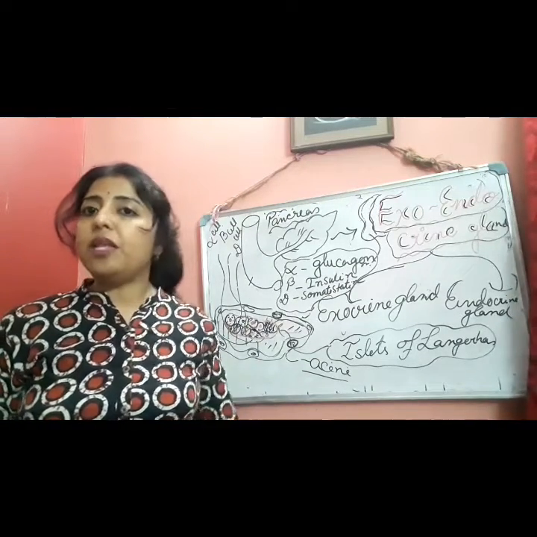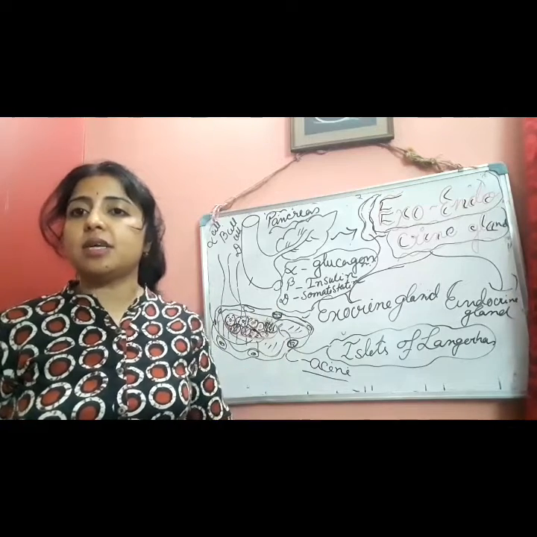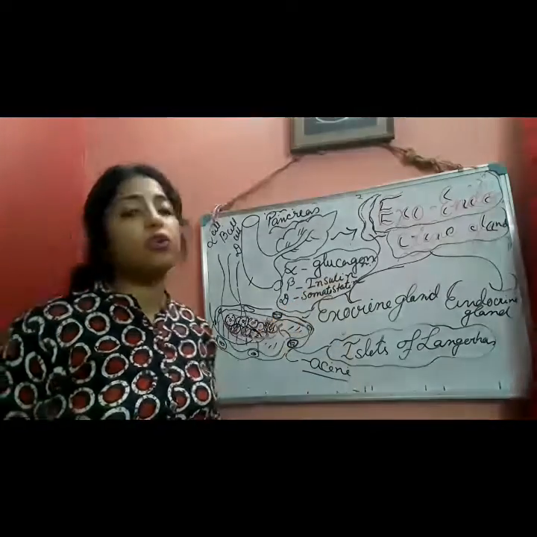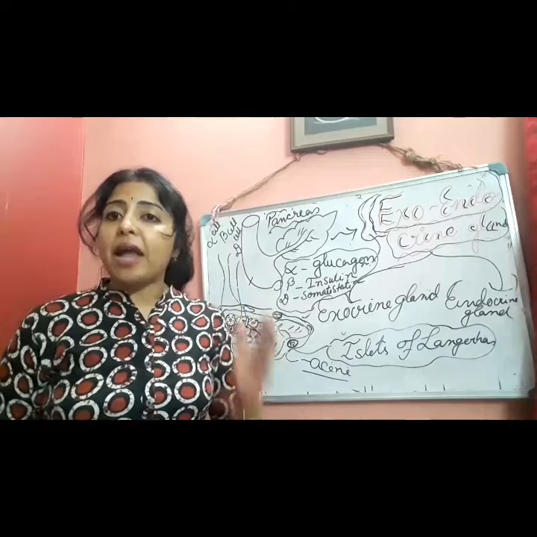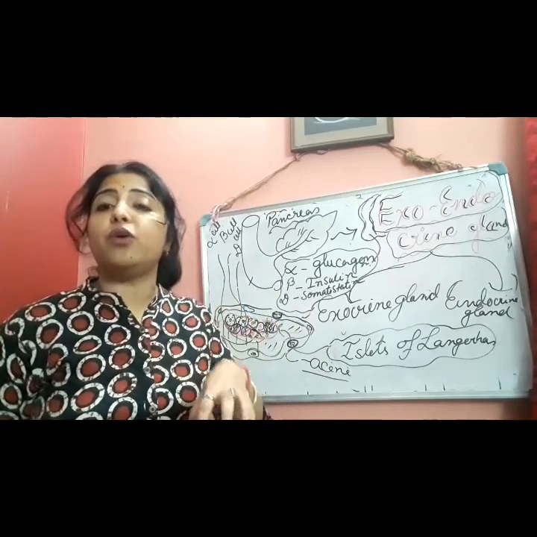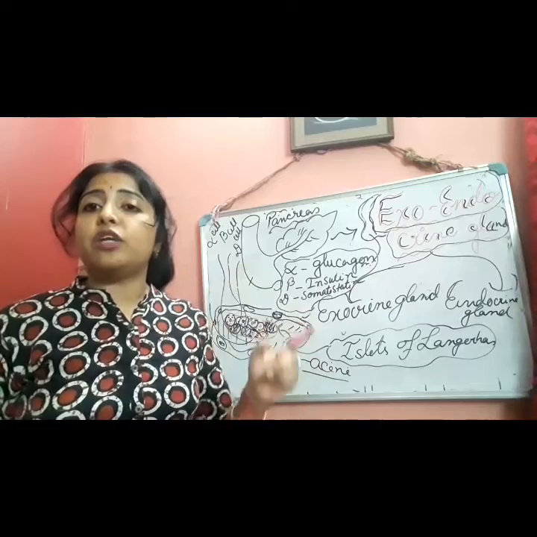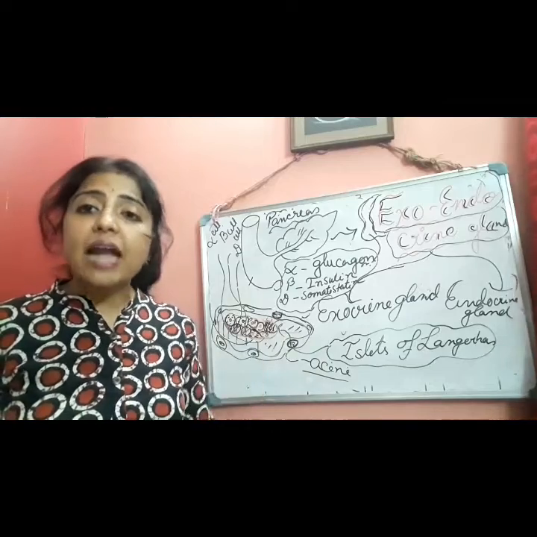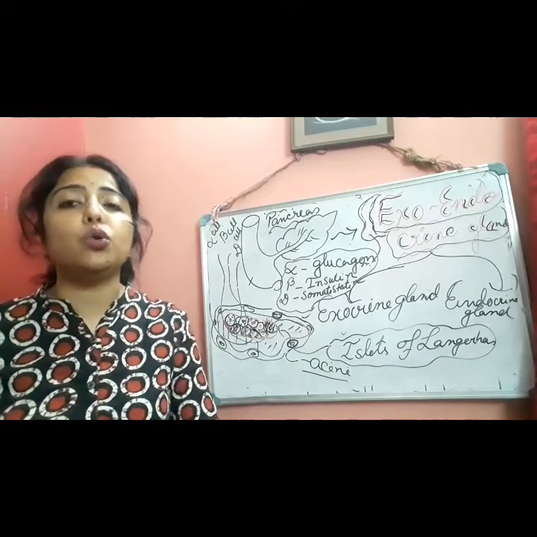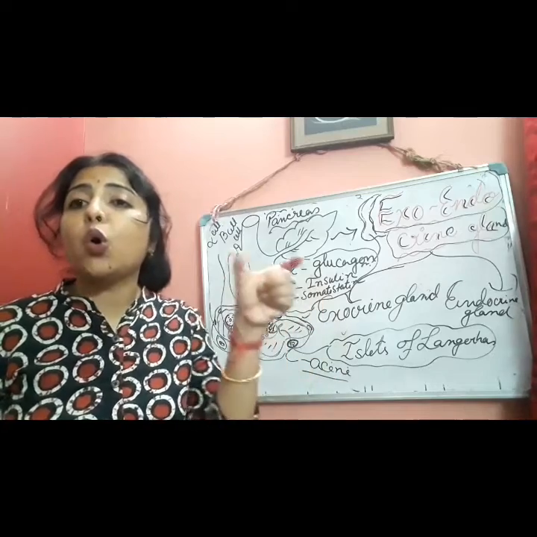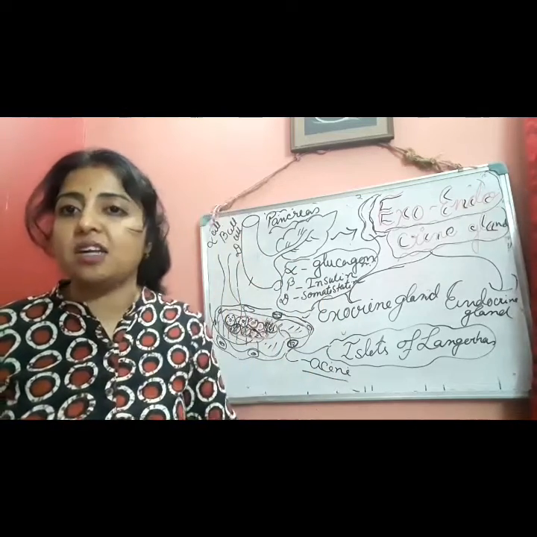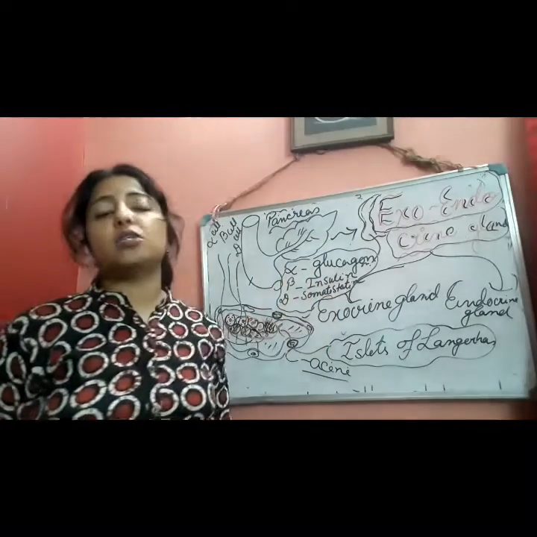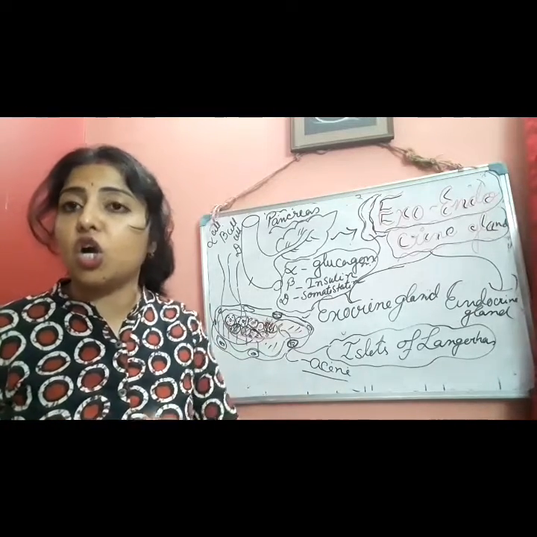Now, what is the function of glucagon? If the level of sugar or glucose decreases in the blood, it will be increased by glucagon. They will break down glycogen, which is stored in our body. In animal cells, excess food, excess carbohydrate will be stored as glycogen in the liver and muscles. That glycogen will be broken down into glucose by the process of glycogenolysis. Lysis means breaking down. Glycogen will be converted into glucose by this hormone, glucagon.